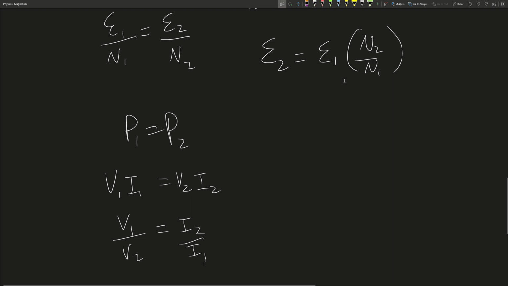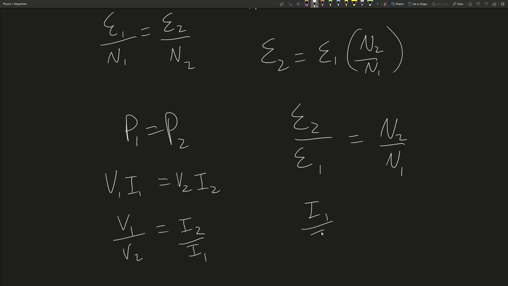Now if we rearrange this equation, we have E2 over E1 is equal to N2 over N1, and we substitute this, then we get that I1 over I2 is equal to N2 over N1,